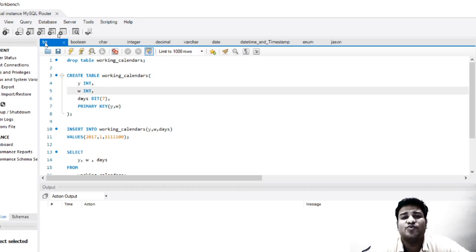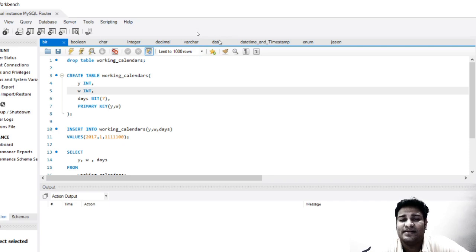Now I will take two chapters to explain each one of them deeply, but you can understand the basics of each one of them very easily. Bit is either 0 or 1, boolean is true or false, character can be a single character, which is A, B, C, D, 1, 2, 3, 4, any one of them. Integer is just an integer, as the English term suggests. Decimal is for decimal values. Varchar is for a combination of characters and integers. There is a difference between char and varchar, and we will discuss it.